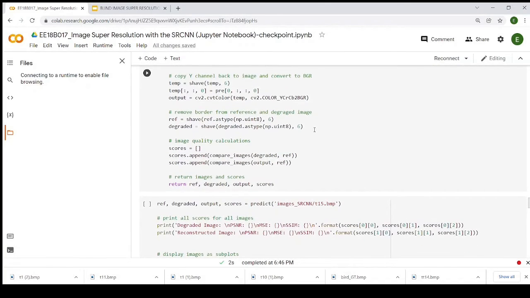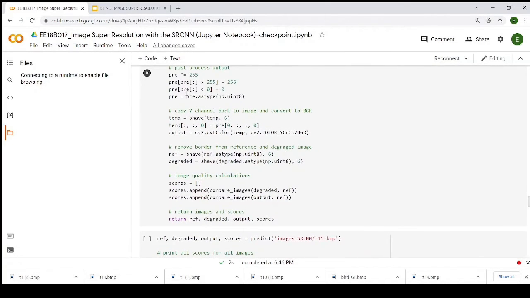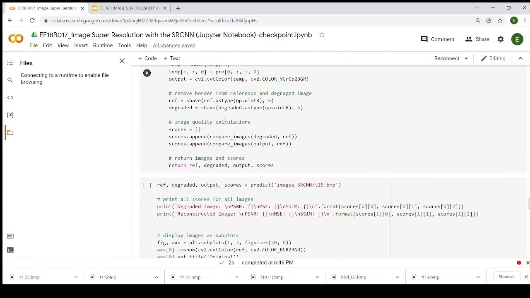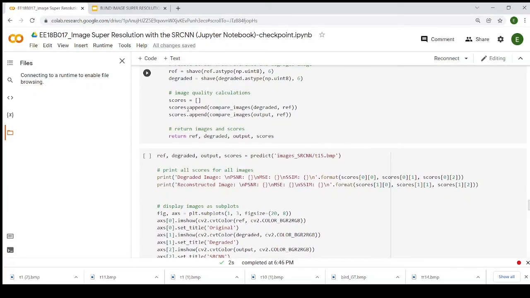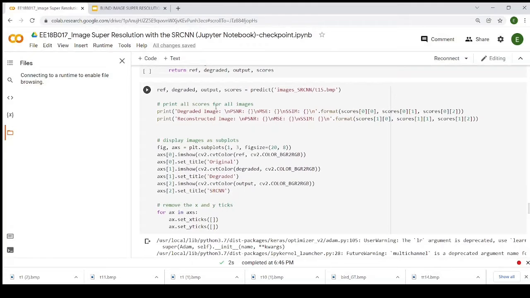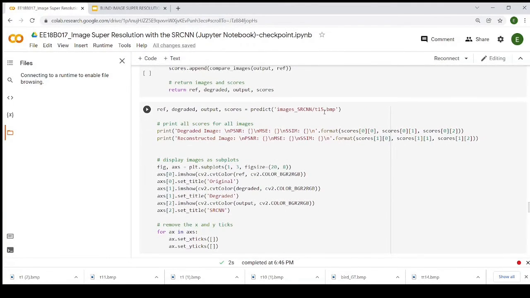After this, I converted the Y channel back to BGR, and using the score functions, I found all three image metrics in this function. For a sample, I considered one input for the prediction, which is T15.